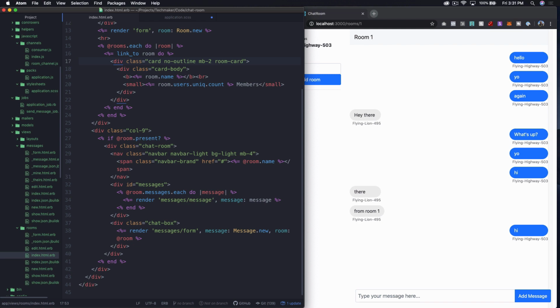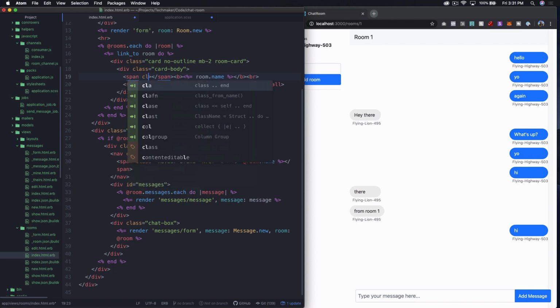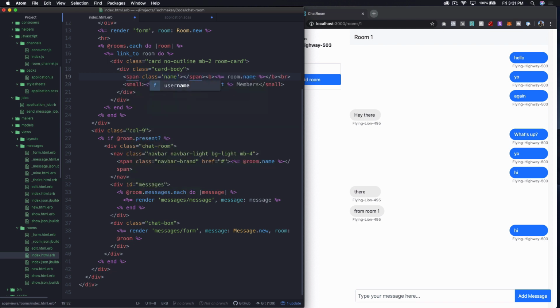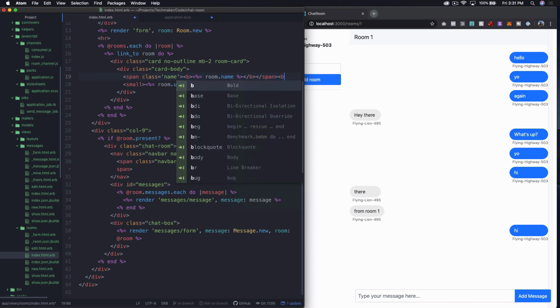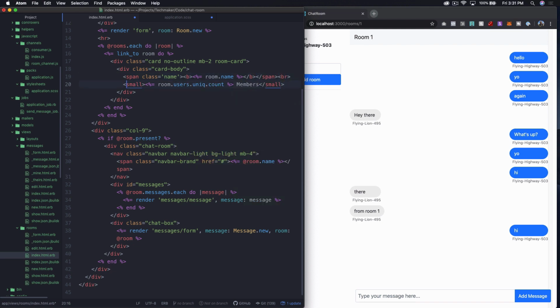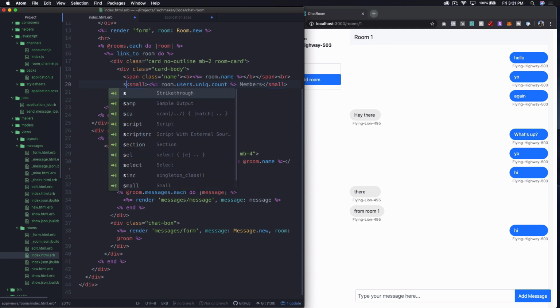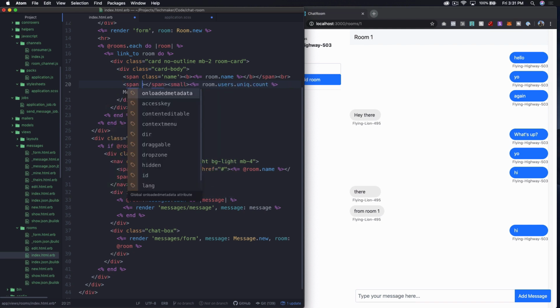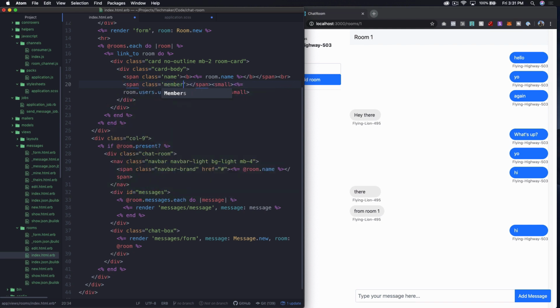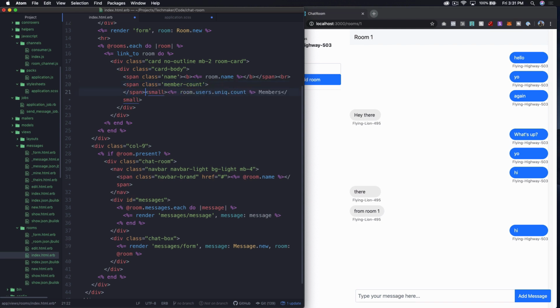Let's see, so I need to give this a class of name, and then we're going to put the name in there, and I don't want the BR tag in the span. And then over here, I'm going to give this a span with a class of member count, and then I'm going to get all of this,